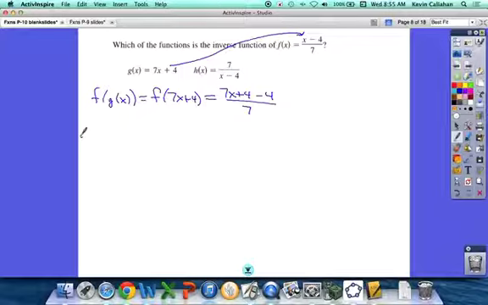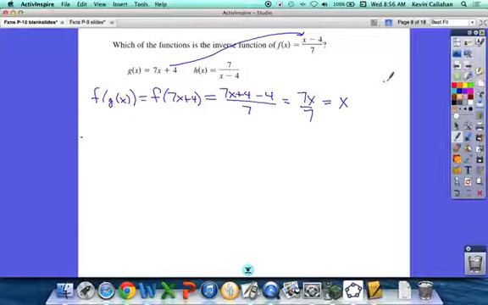Simplify. What simplifying can you do in the numerator? The 4's cancel, right? So as the first step, you get 7X over 7. And then you cancel the 7's. So it looks like that first one could be the inverse. What would I have to do to make sure it's the inverse? We did the F of G, but don't we also have to do G of F? You got to do the composition both ways, and show that in both ways everything cancels and you're left with an